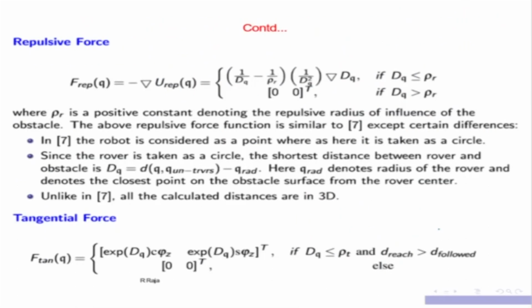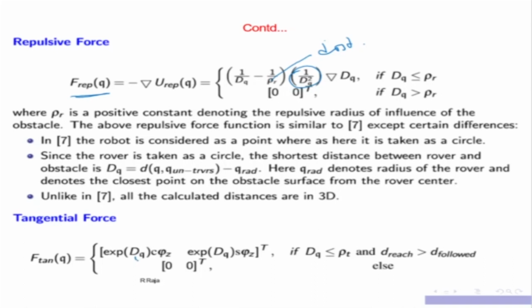For the repulsive, I can have exactly the same. So this is the repulsive gradient, 1 by d minus 1 by, this is the effective distance. Okay, and it is 1 by d squared. So it is exactly the same as what we were using in the 2D case. Okay. Now the tangential force depends on dq, where q is the,